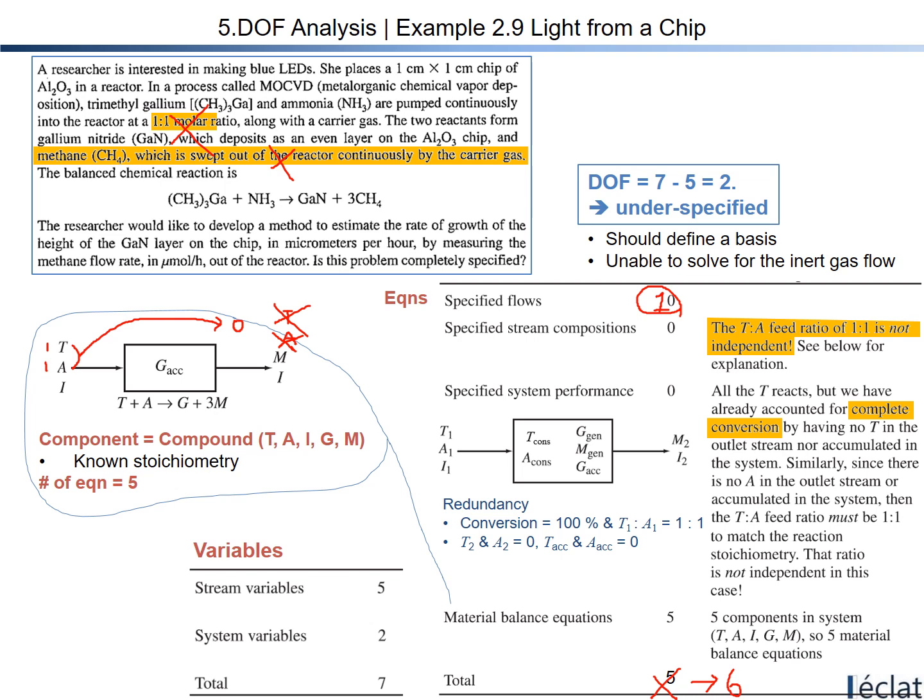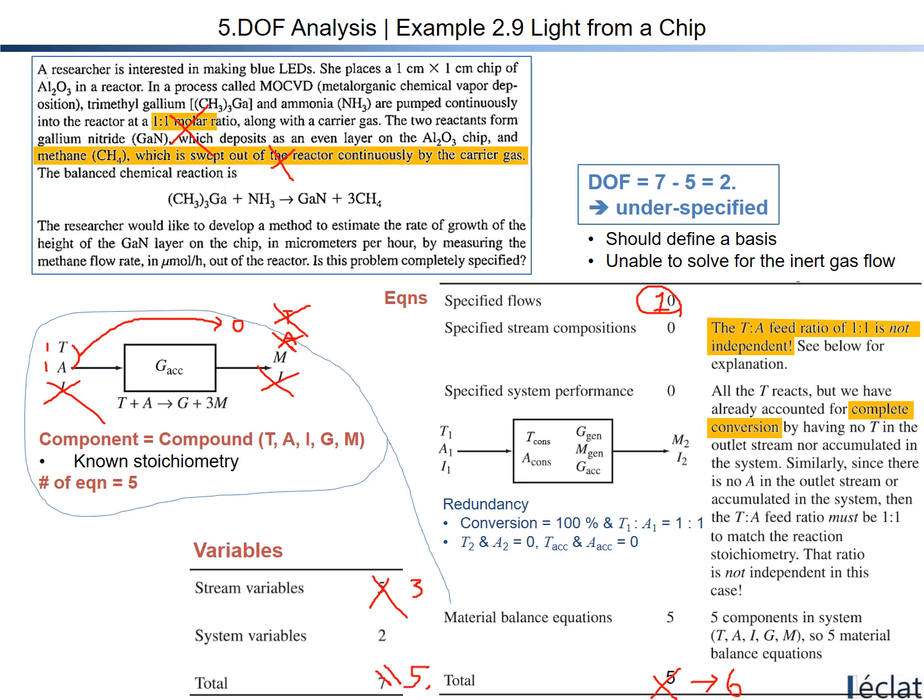So let me kill this one and this one. It means the stream variables are not 5, right now 3. And then 3 plus 2 is going to